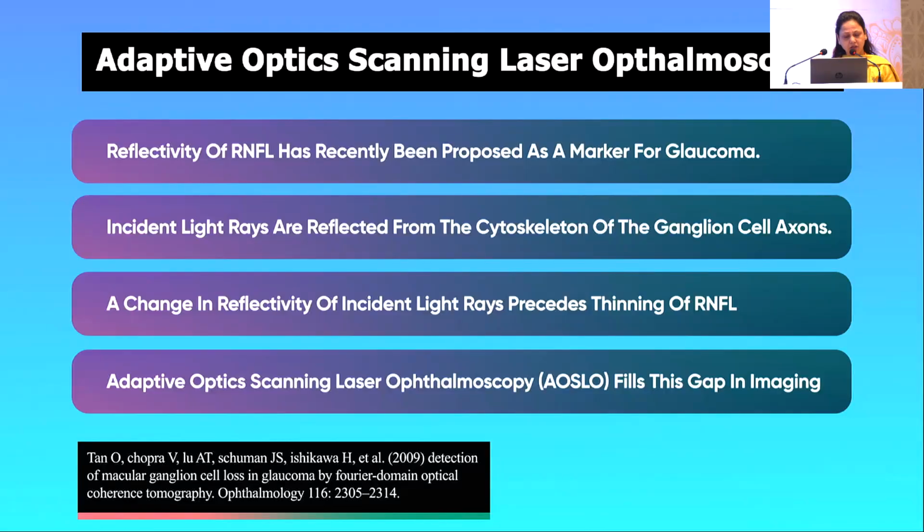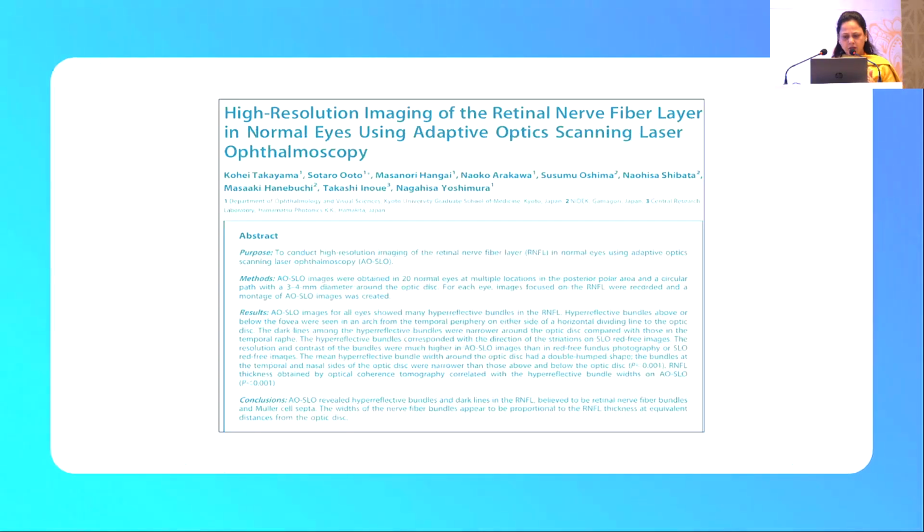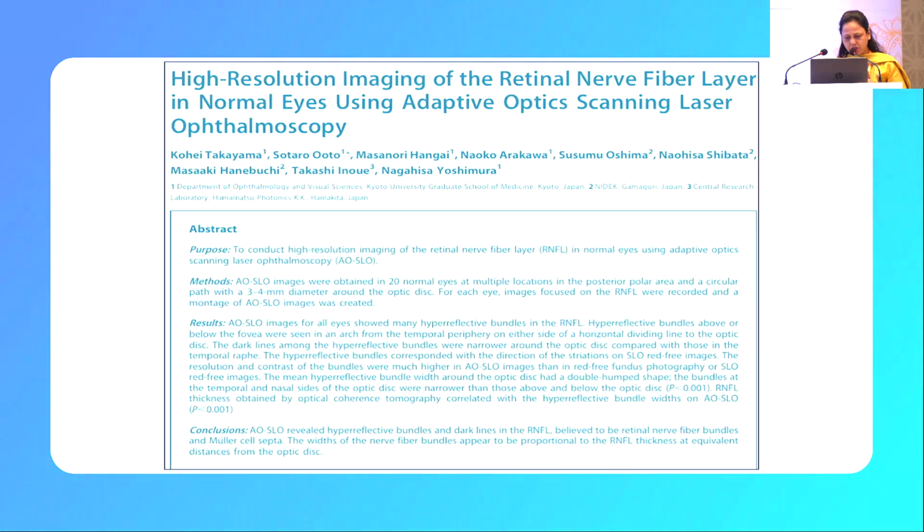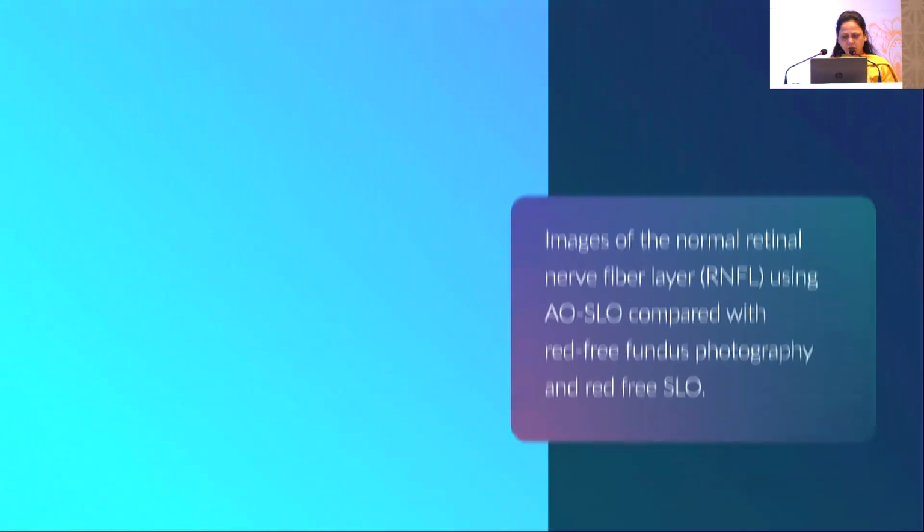And this change in the reflectivity is always followed by the thinning of the RNFL. Mind you, the change in the reflectivity is always followed by the thinning of the RNFL. That means before the thinning, this change can be picked up very well by the AIOSLO, which fills the gap in this imaging technology. So now, having said that, different literature supports the same thing, and if we talk about